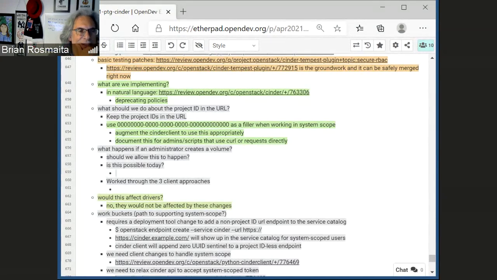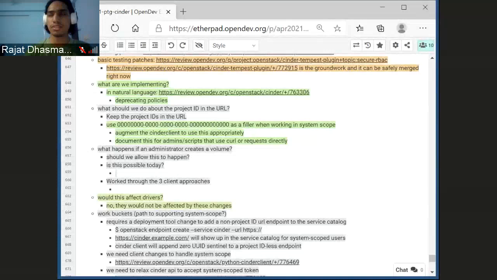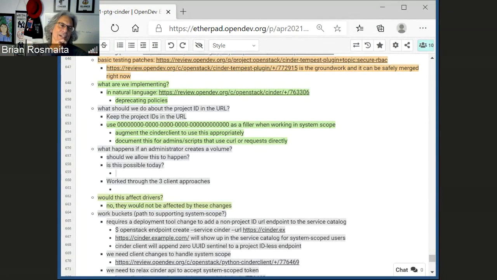But could we template all zeros for that endpoint and just have it in the service catalog? So isn't it similar to creating an endpoint without the project ID, like for system scope? Yeah, I'm just thinking that if it's already there, then we don't have to put this extra client layer in.